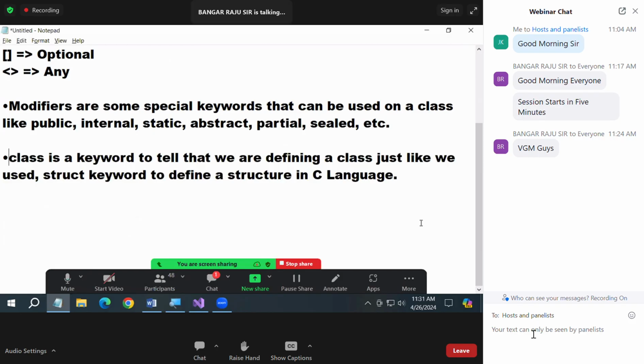And don't forget, all of you, when I say keyword, it's lowercase. See there: public, internal, static, abstract, partial, all lowercase only. Yesterday I told you all keywords must be in lowercase. And I said 82 keywords are there for us. Sorry, 81 keywords are there. All should be in lowercase. Okay. Class is also a keyword. See,